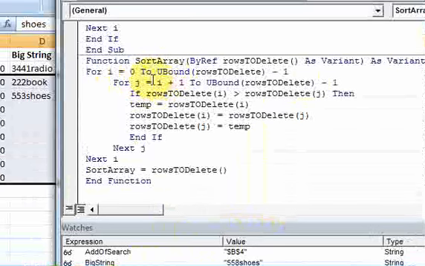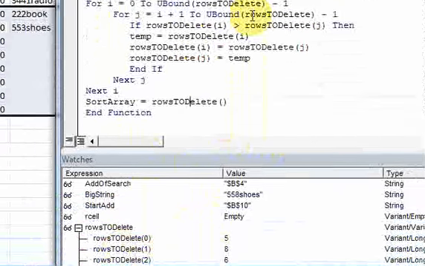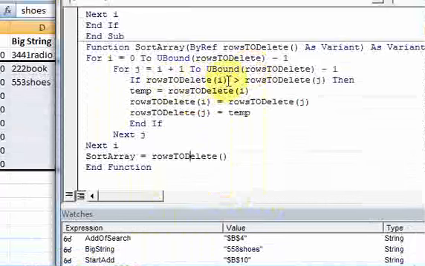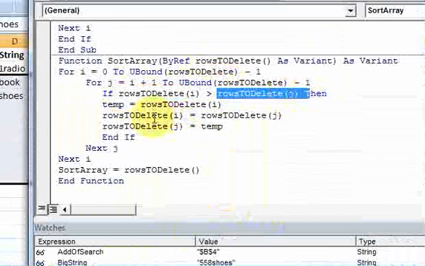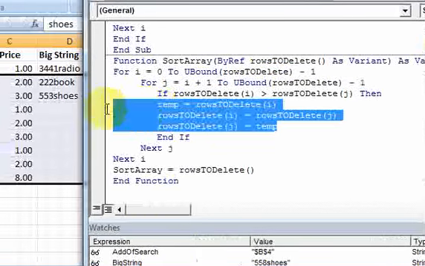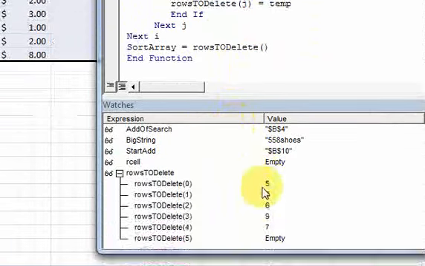Check against the variable right in front of it and say, is the element I'm on greater than the one ahead of it? And if it is, then swap them. And this is where a swap occurs. I assign, let's say 5, well, in this case,